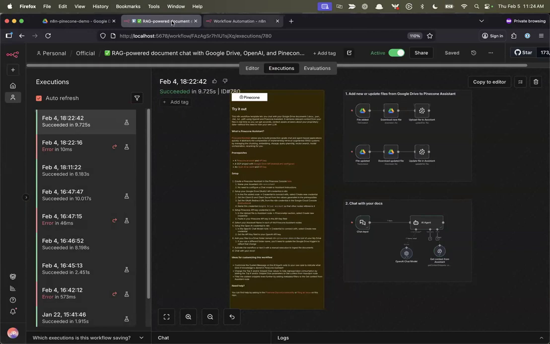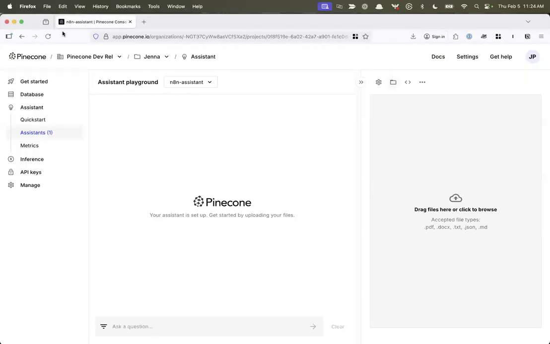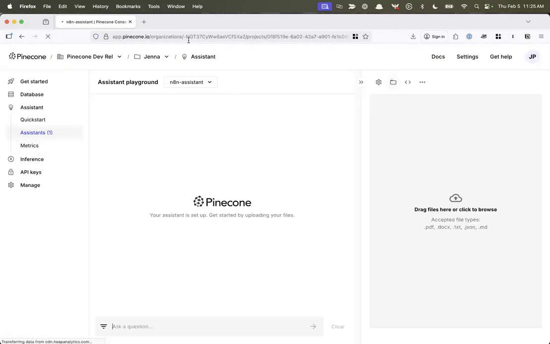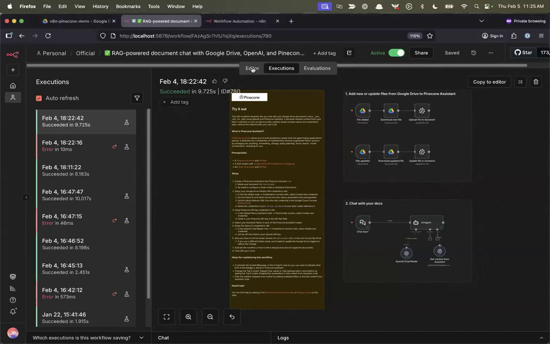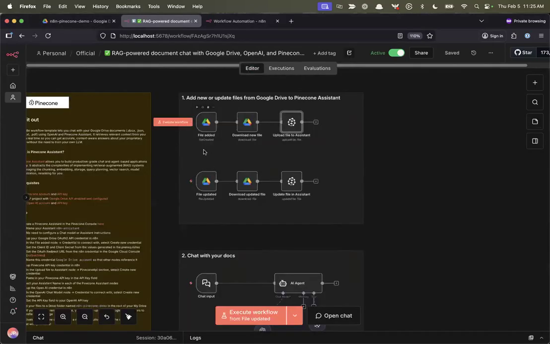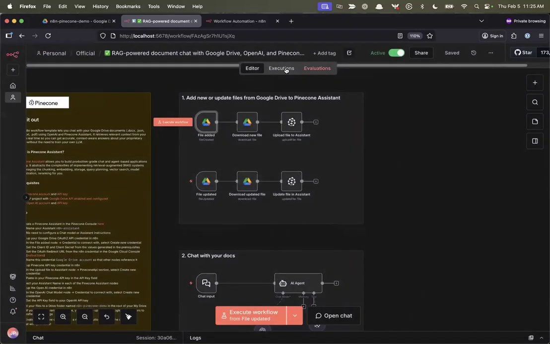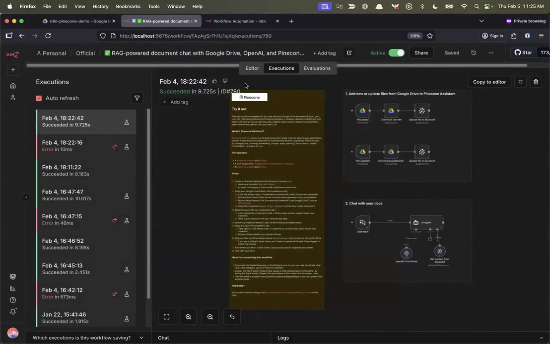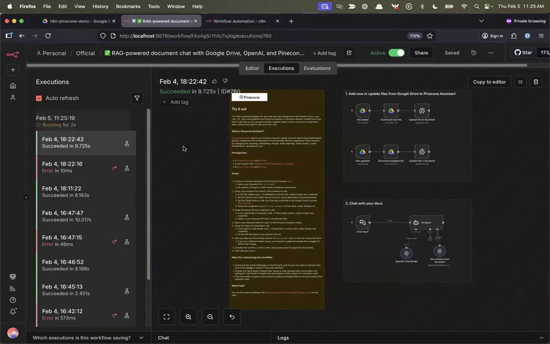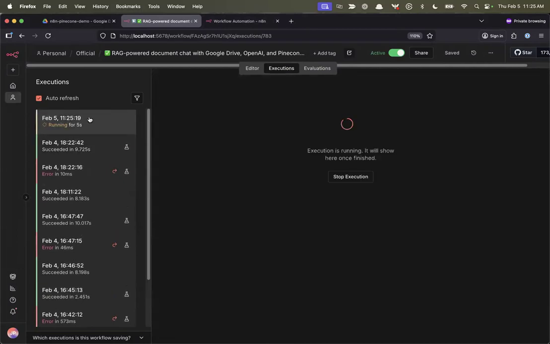Well, it's not going to kick off yet, but it goes every minute or so, so it'll happen here shortly. Eventually, the Google Drive node just polls, right? Yep, exactly. I can show that here under file added. It's polling every minute and looking in that folder. I just did this earlier, so it should work. It's a very long minute. There we go. Okay, it's happening. It's happening, folks.